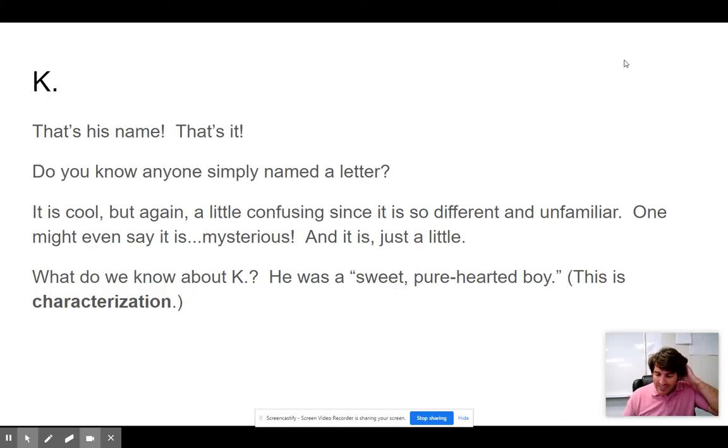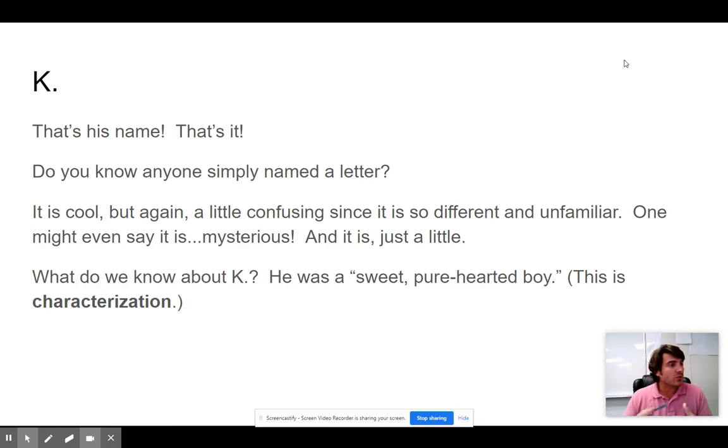All right. We get the character named K. Ever since I could remember, my best friend was called K. K. Just K, period. That's it. K. Again, part of the mystery. No real explanation. Why don't we get his full name? I don't know. Maybe the seventh man feels bad about what happens to K, and so he doesn't want to actually share his real name. Maybe that's why we don't ever get the seventh man's name either.